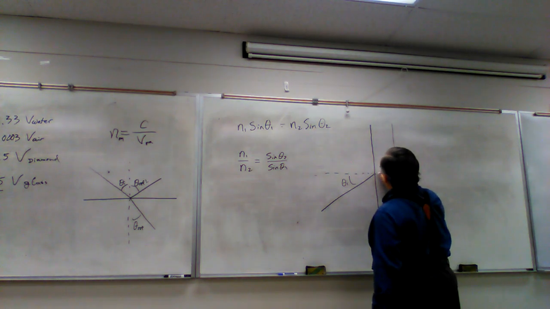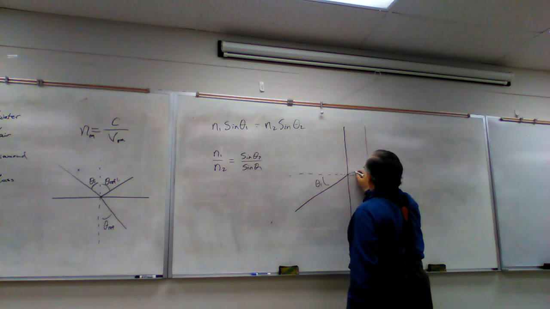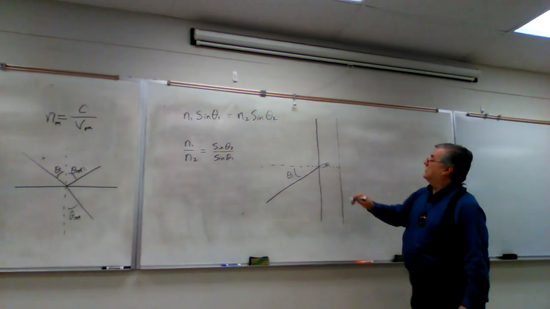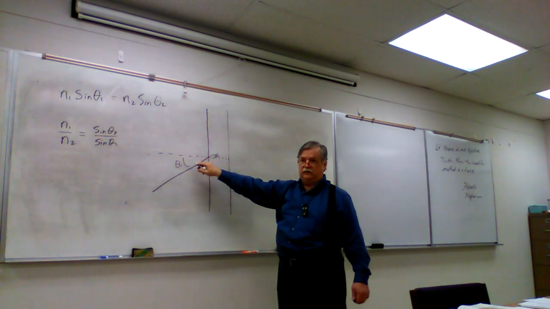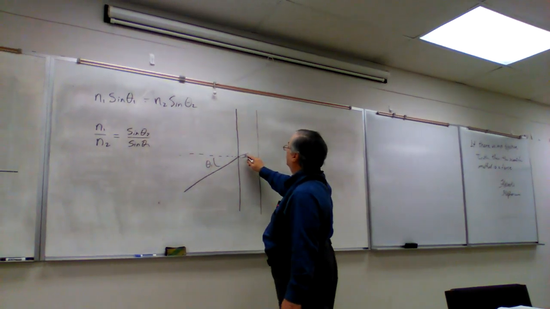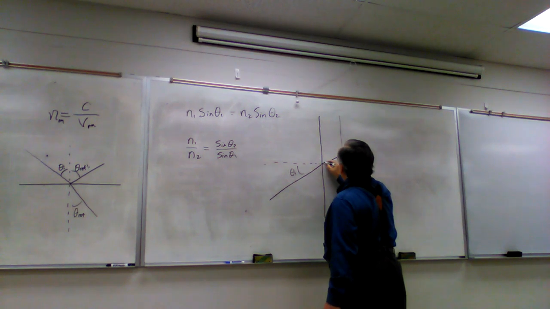In here we have a pane of glass, so theta 2 is going to be less than theta 1, or theta of refraction is less than theta of incidence. And it's going to pass on through to here,